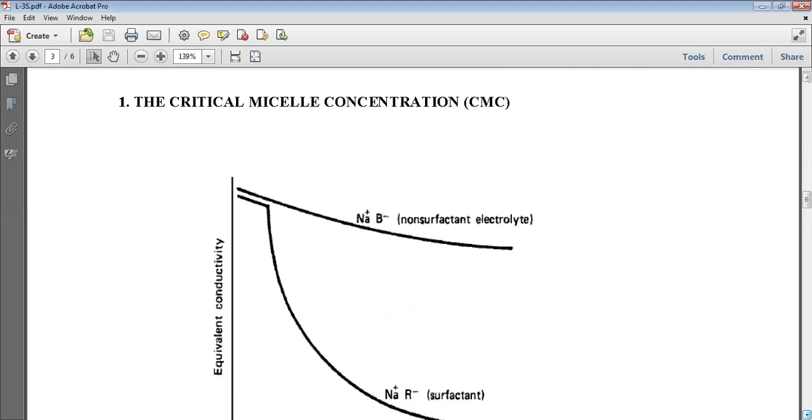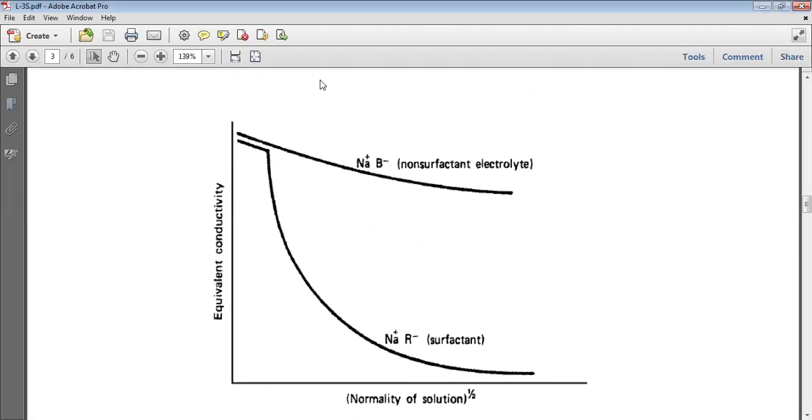So the very important point regarding surfactants is the critical micelle concentration, also called CMC. When you plot a simple graph of equivalent conductivity, you have already done conductivity, the specific conductance, but here we are taking the equivalent conductance. You calculate it as K upon C, concentration, and that gives the equivalent conductance. That means one equivalent of the solute should be dissolved in the solution, and when you determine its conductivity, that will simply be the equivalent conductivity.